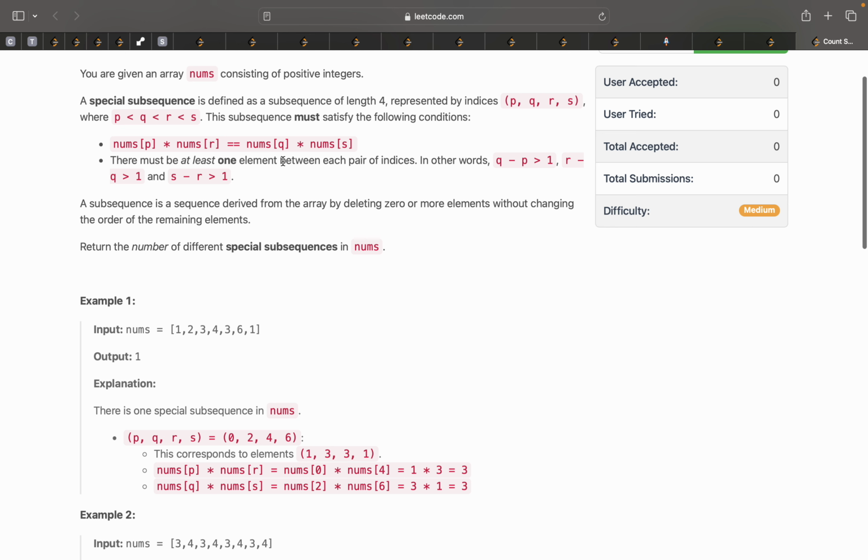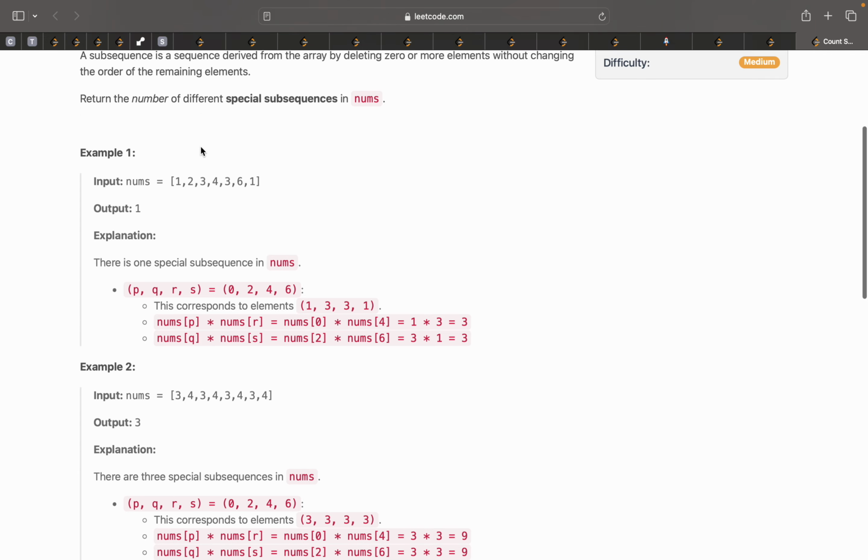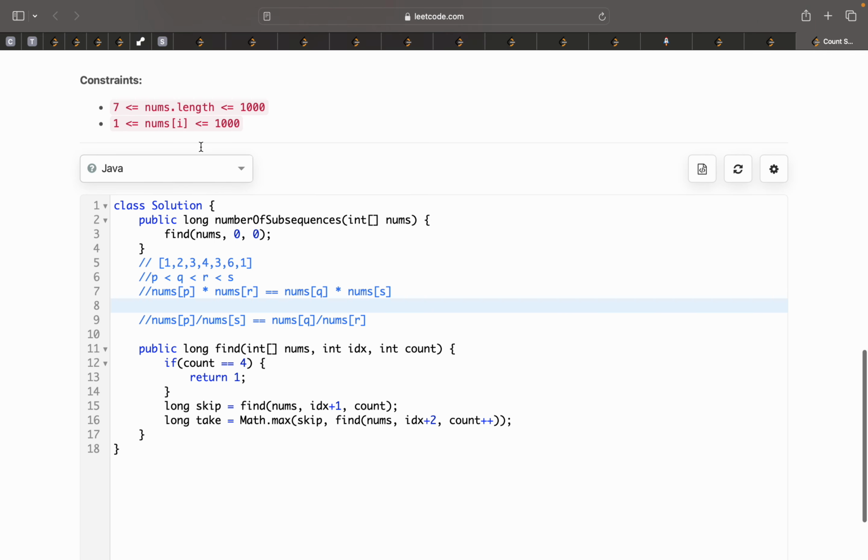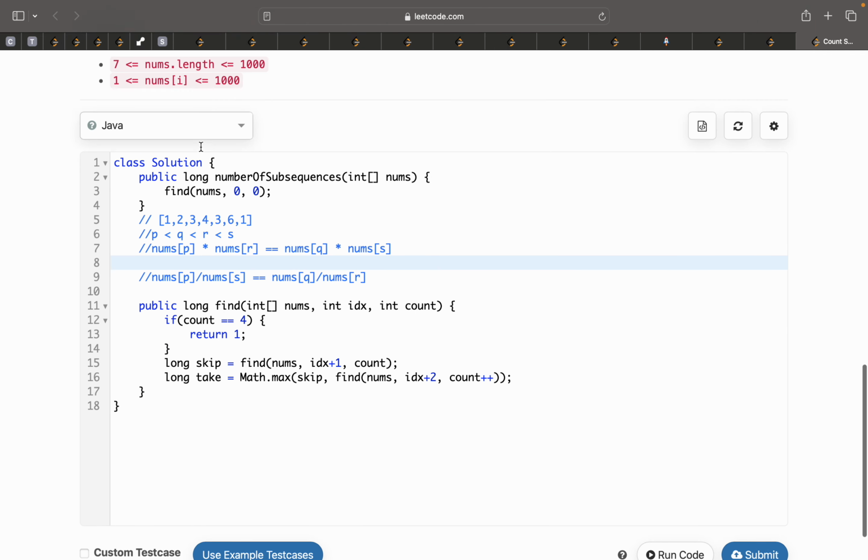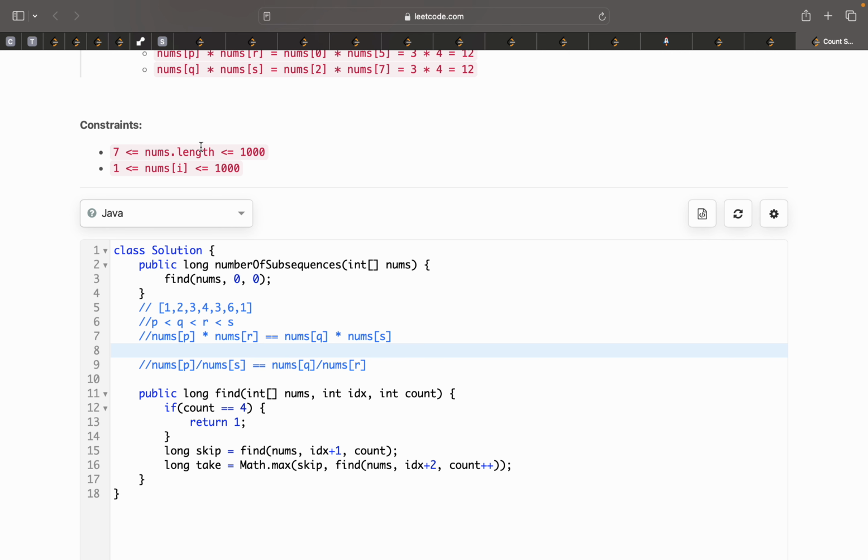P and Q. Initially we choose P and Q, and their division must be equal to S by R in the next values. P by Q, or we can rewrite this condition as